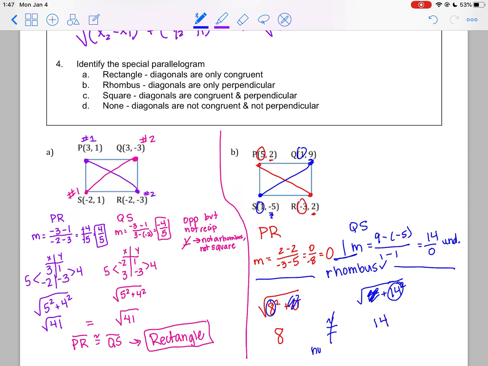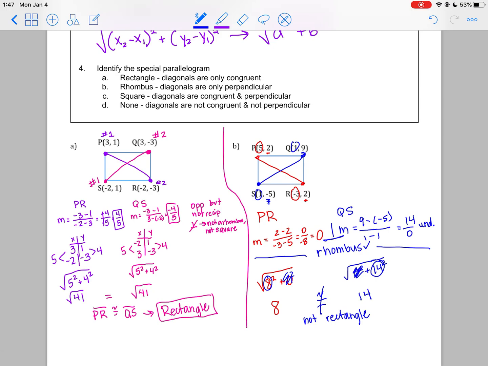So these are not congruent. That means it's not a rectangle. But it was perpendicular. So this shape is a rhombus. So you're going to use those diagonals and find those distances and slopes to figure out